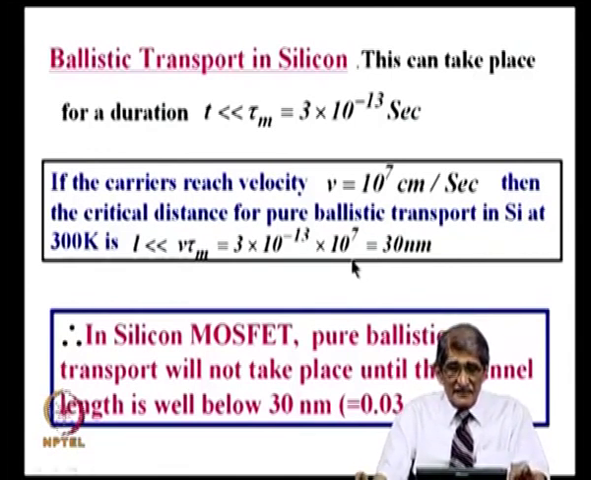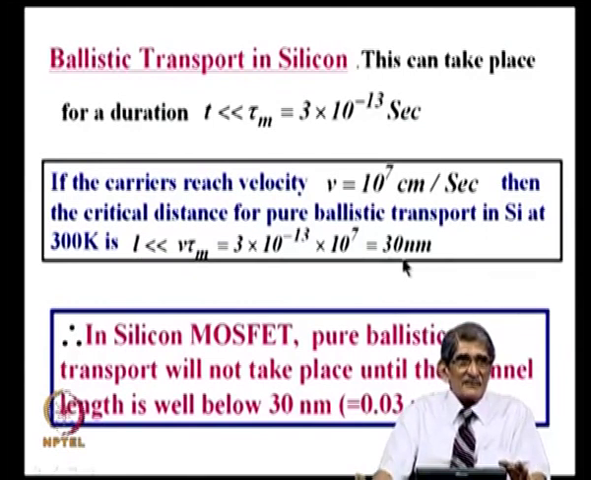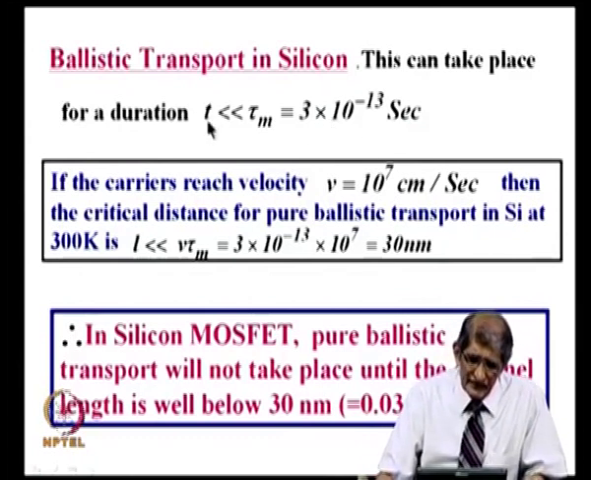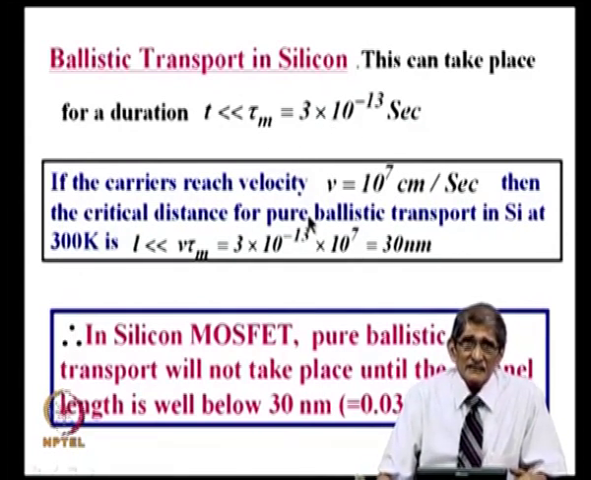That means there will be ballistic transport if the channel length is very much less than 30 nanometers. If the channel length is 30 nanometers and above, it will be governed by scattering, that is the mobility and saturation velocity. Okay. So, what we are saying is there will not be any ballistic transport